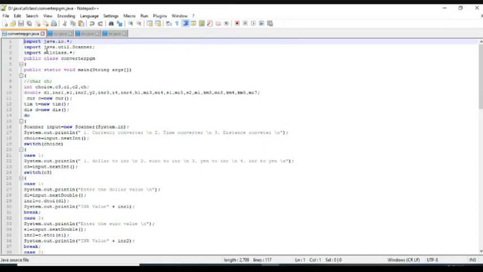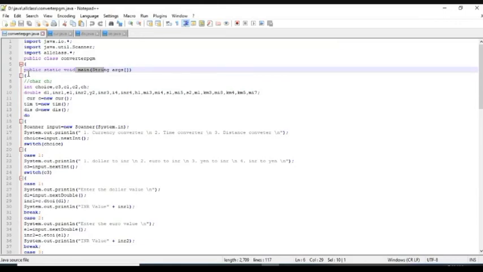Next step, main. Here the main function is where you are going to start your execution, or simply it is the entry point of your Java program, that is called main, right? Here public. What is public? It is an access modifier which specifies from where and who can access the method.